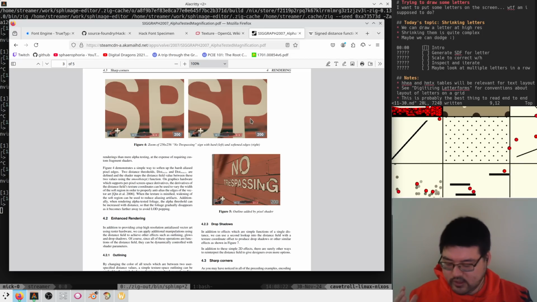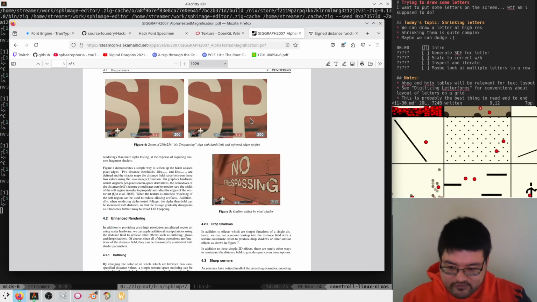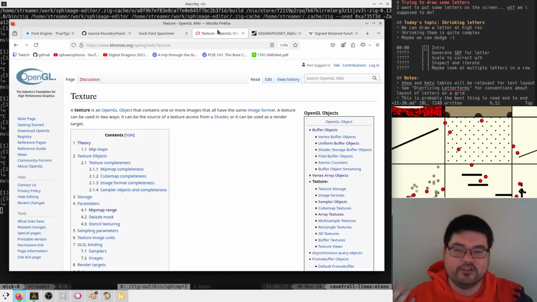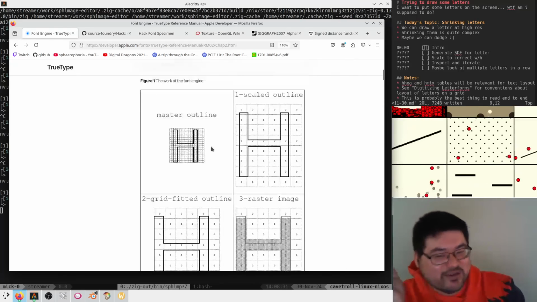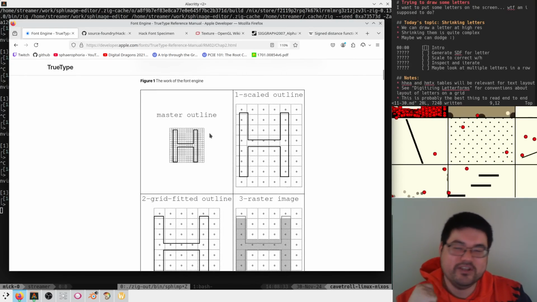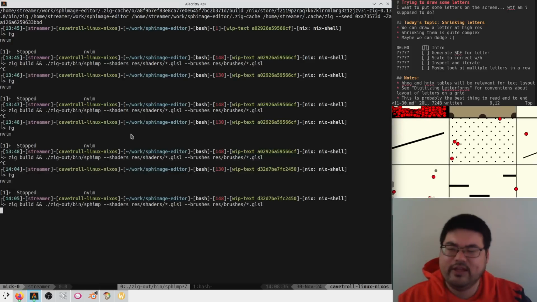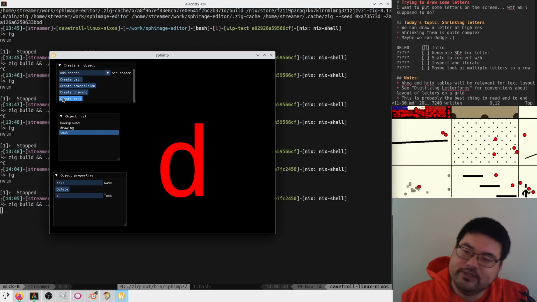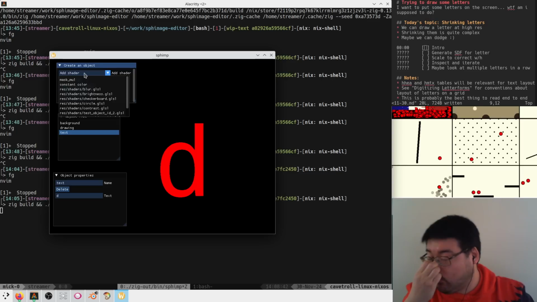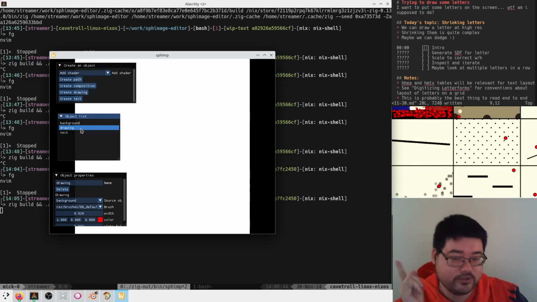I want to know if that looks good enough to the point where we don't have to do this grid fitting stuff, right? Because that seems like work, and we hate doing work around here. So that's where we're at today. That's why I've pulled this text rendering into our image editor, because we already are doing distance field